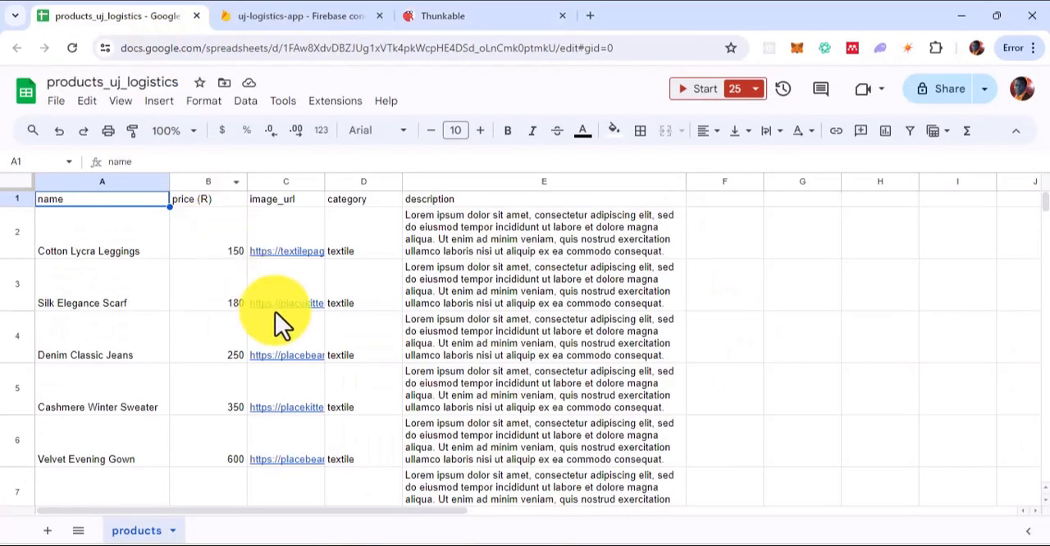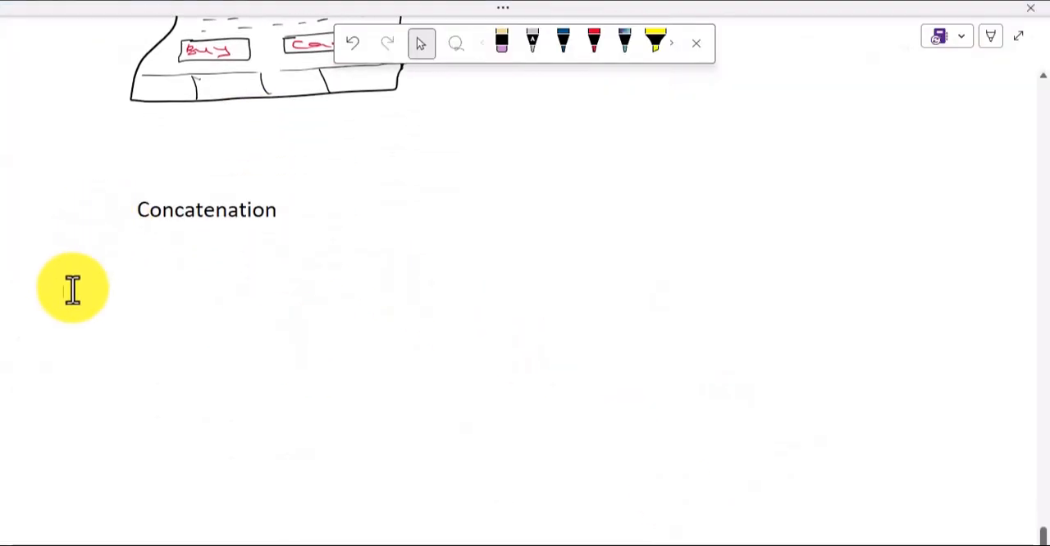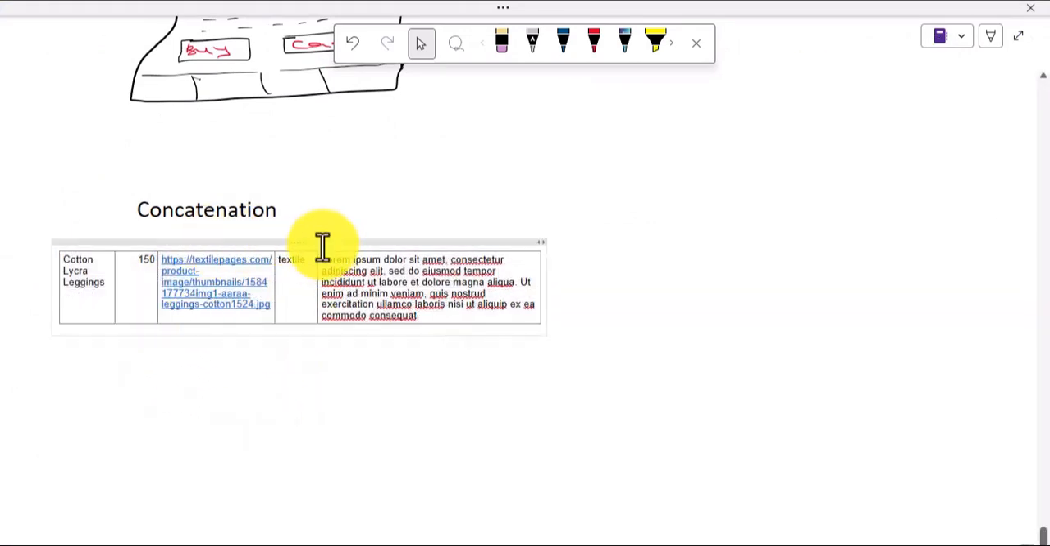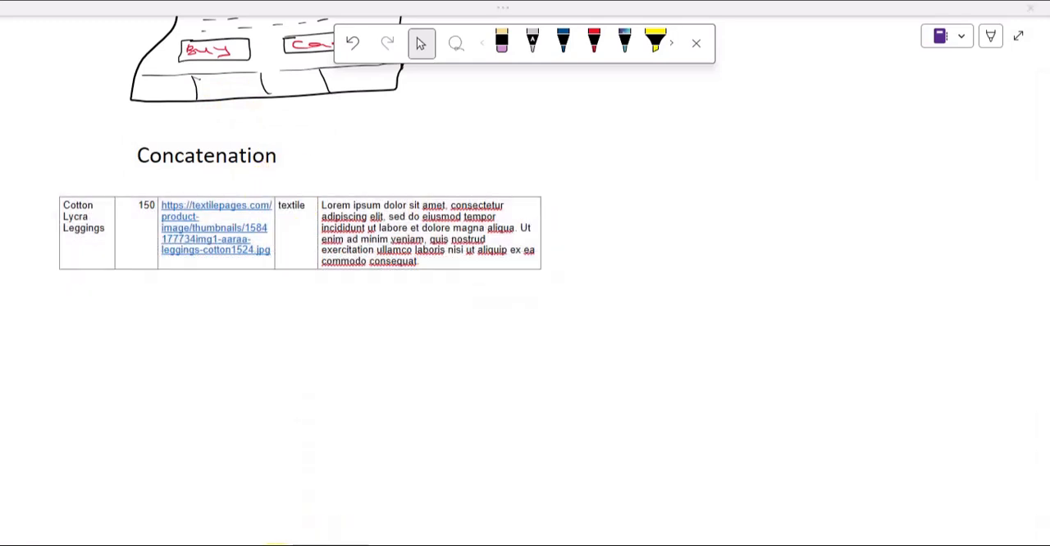So if you come to this Excel sheet data, now look at something. Don't forget this is our heading: this is name, this is price, image URL, category, and description. So if I actually look at this, you have an idea of what I'm talking about now. Let's say the user clicks on this first one. So if the user clicks on this first one, that means we have the product row object of